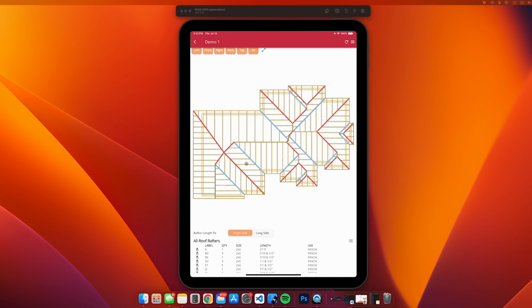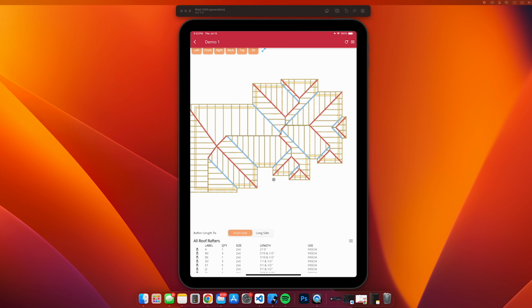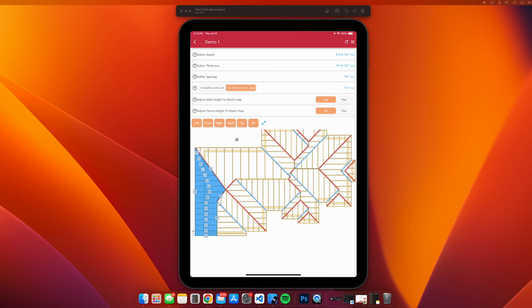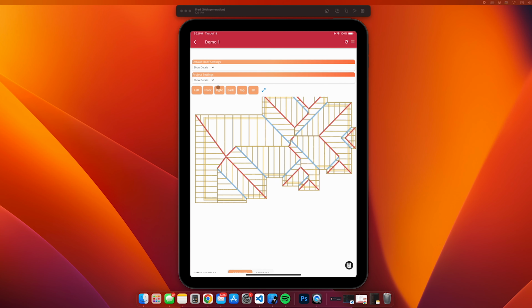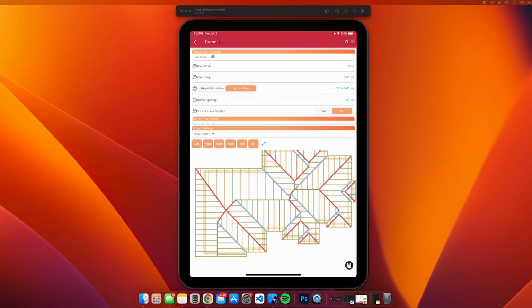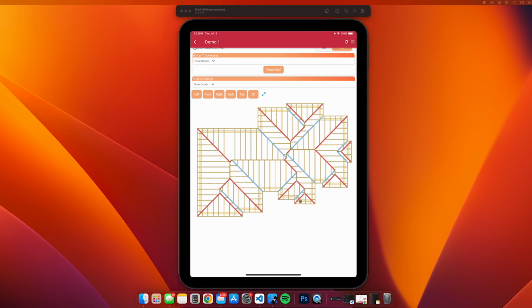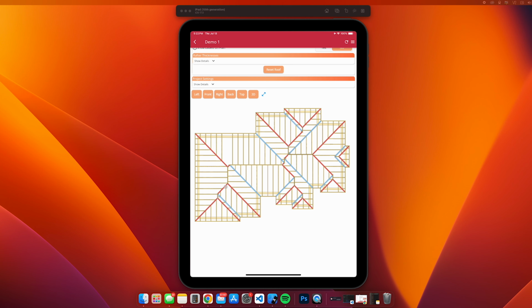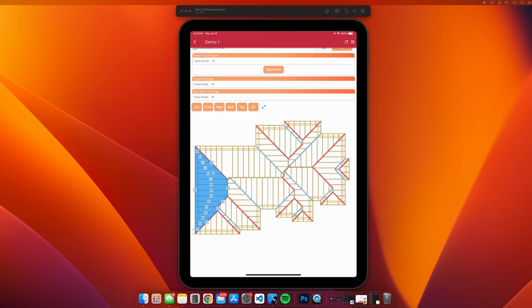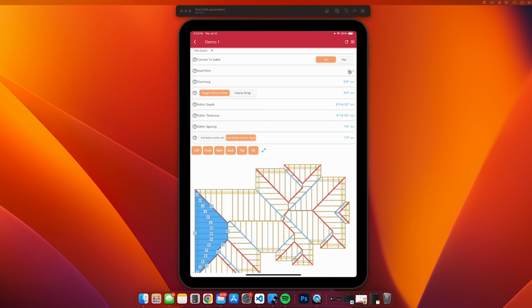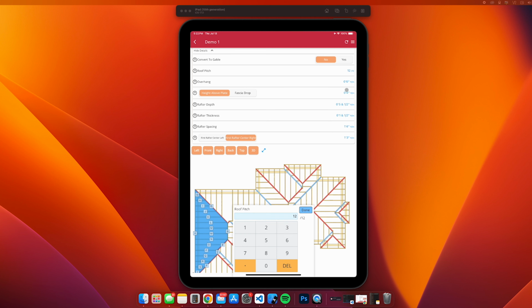Let's look at a more advanced feature. Let's look at adding different wall heights. Let me just reset the roof to get a fresh roof so everyone can follow along. So we hit reset roof, and you see the roof got reset to its default values. I'm going to select this roof side, and you'll see once I change the roof angle to, let's say, 9/12,